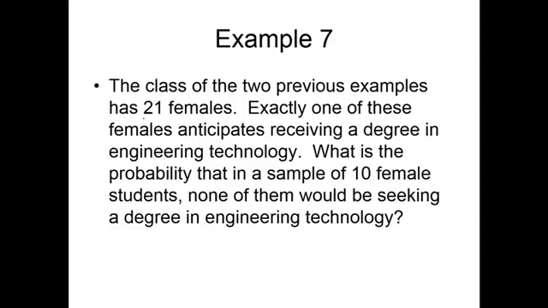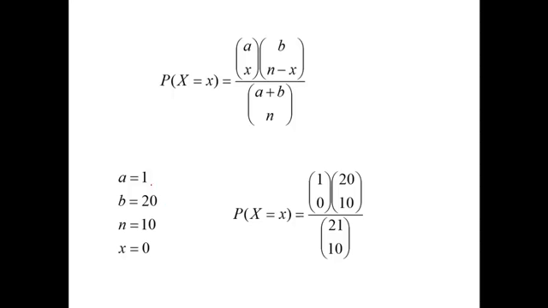The class of the two previous examples has 21 females. Exactly one of these anticipates a degree in engineering technology. What is the probability that in a sample of 10 females, none of them would be seeking a degree in engineering technology? So success in this is, again, a degree in engineering technology. And so in the population there is exactly one success and 20 failures. We're taking a sample of size 10 and exactly none, and so that is x equals